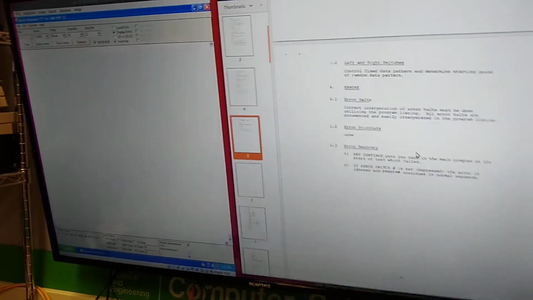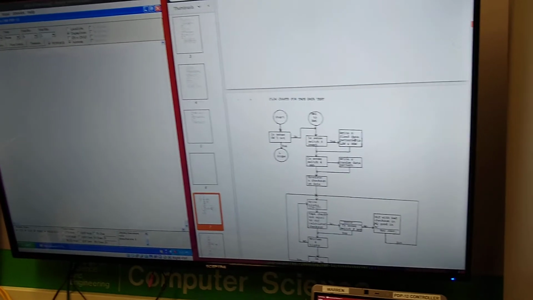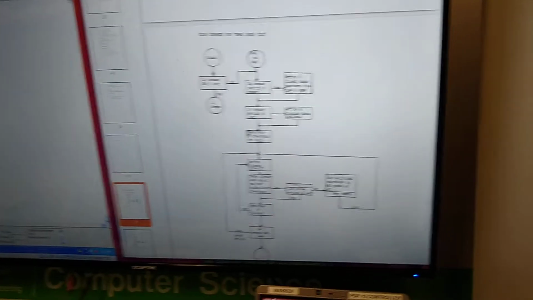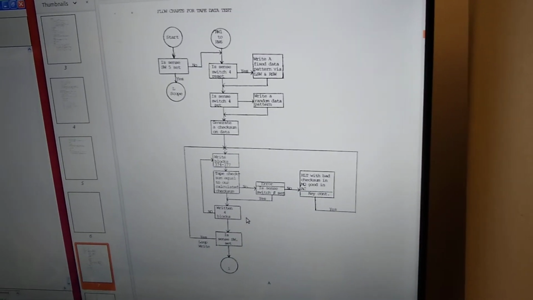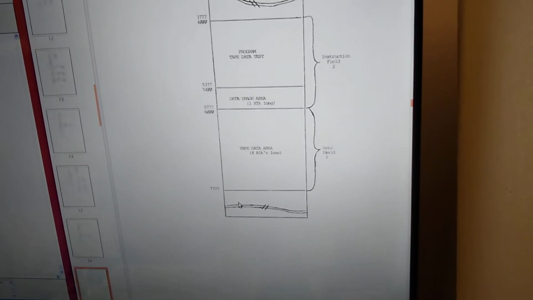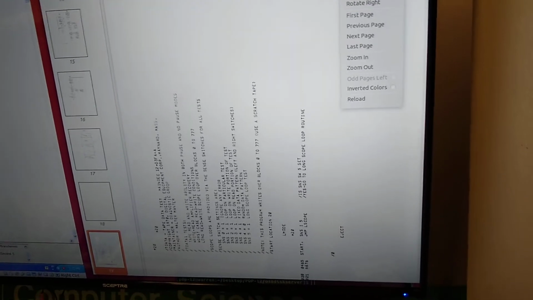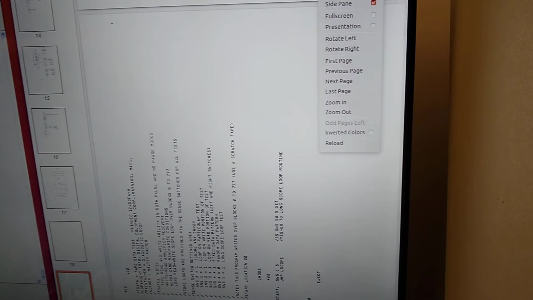So what we need to do is look in the documentation. This is an interesting manual in that it literally gives us a flow chart of all the tests. And after the flow charts for the tests is the printout for the listing and assembly. If you want to rotate, it was in there. Rotate right. Oh, rotate right. Thank you. Yep. So here's the thing,